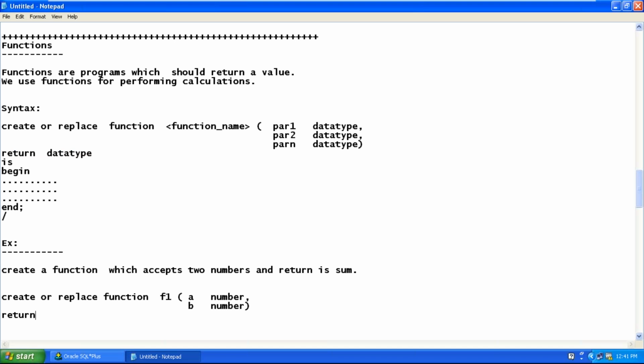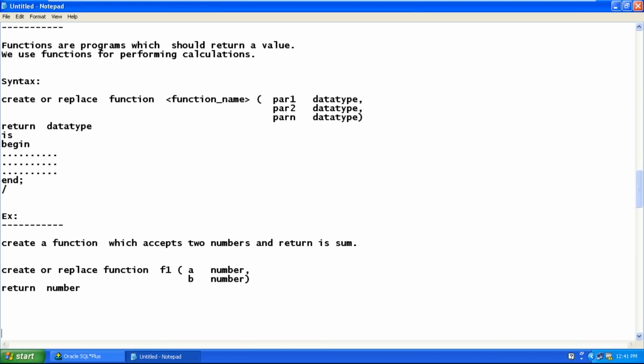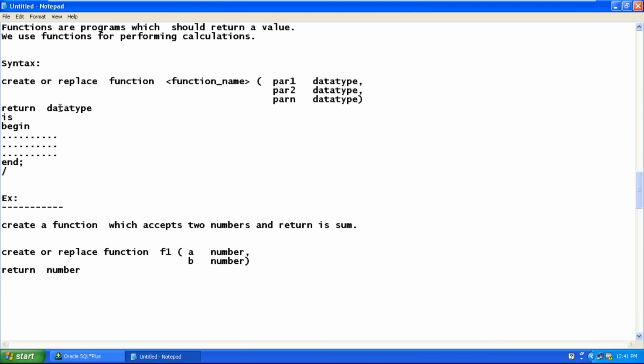Return C number? No, return number. You should mention whether it is varchar2 or return number. You should not write C. Return data type, not the variable. Is